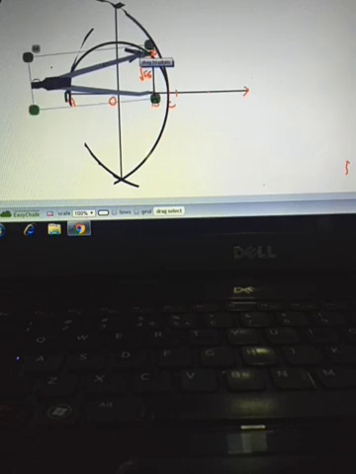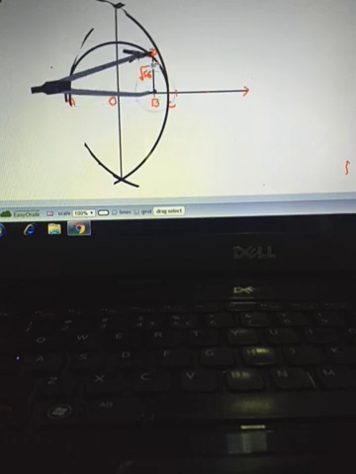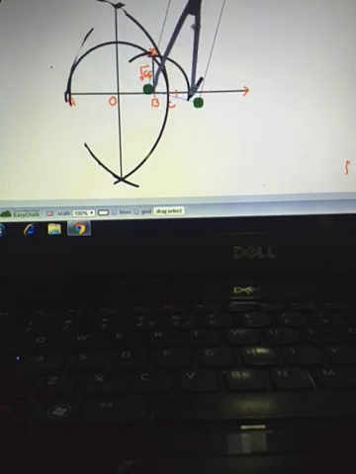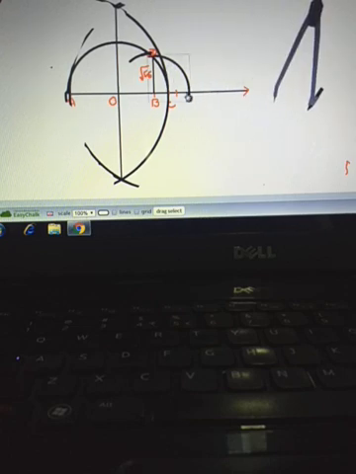Now this distance BD is the radius and B is the center, and now see, in this way I'll have to cut this arc. Wherever it cuts, that point is at the distance square root of 5.6. Just see, let me name this as E. So BE and BD are both radii of the same circle. So this will also then be square root of 5.6.